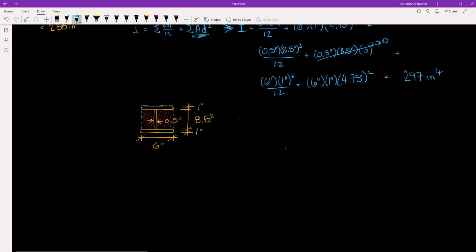And so the total moment of inertia, calculated this way, will be 6 inches times 10.5 inches cubed over 12